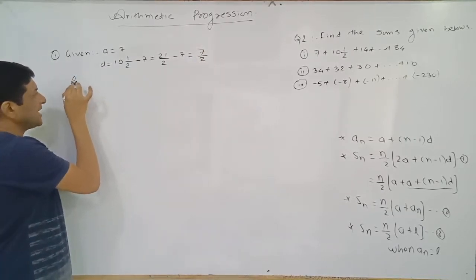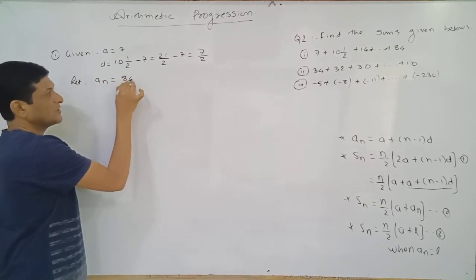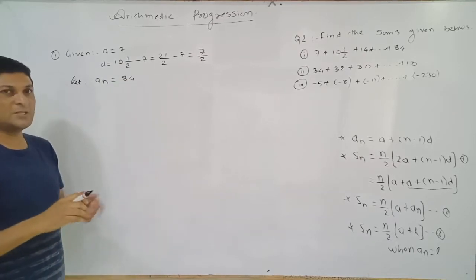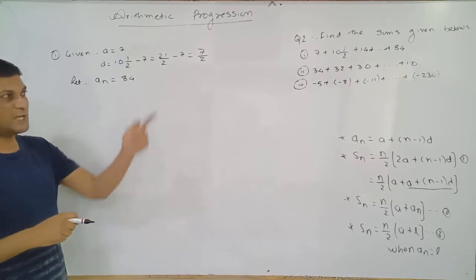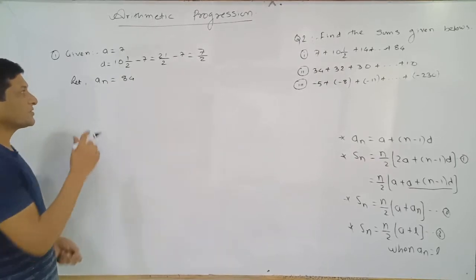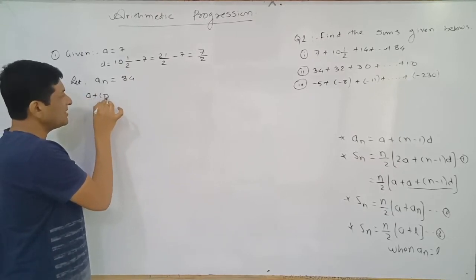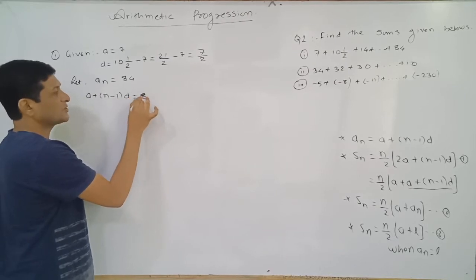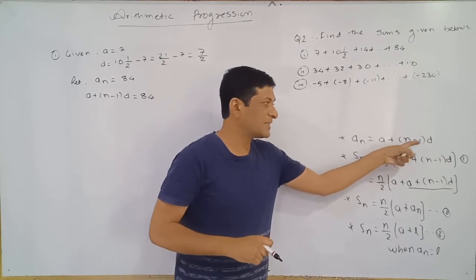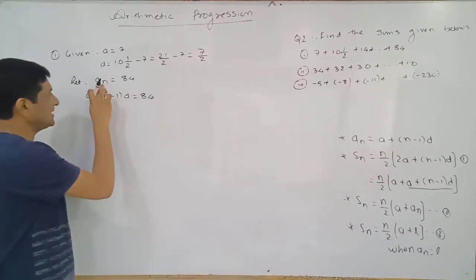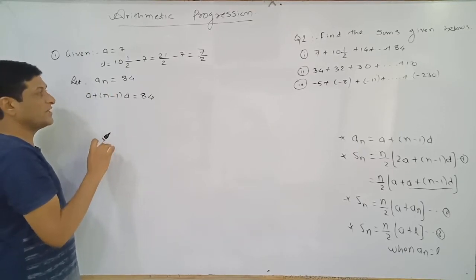Now I am supposing that an, the nth term of this arithmetic progression, is equal to 84, and using this condition we are now trying to find the value of n. Once the value of n is known to us, then we are able to find our required sum. So an can be written as a plus n minus 1 into d is equal to 84. Keep it as it is. We are just replacing an by its value, a plus n minus 1 into d. Now simplify this expression and try to find the value of n.